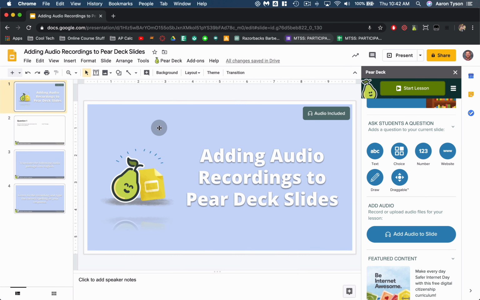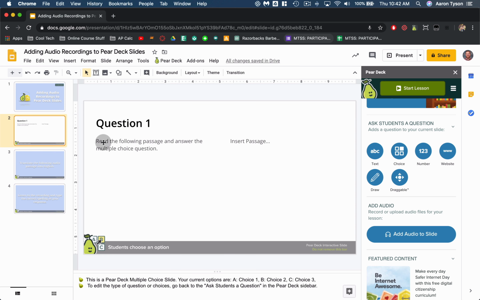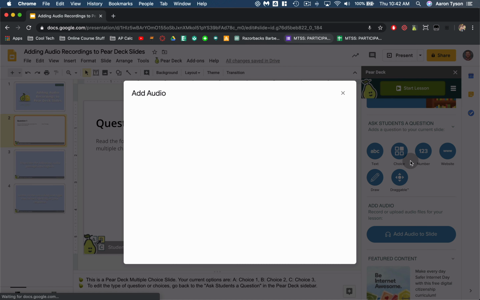Now, what are some ways that you can use this? One thing that I think would be a good way to use this is to read directions or read a passage. Maybe you want them to practice reading comprehension. So you could insert a passage here, but you might want to record the directions to this. So you could add audio,